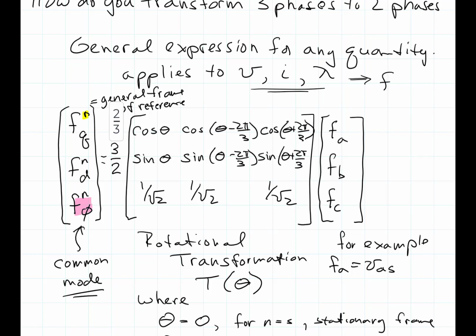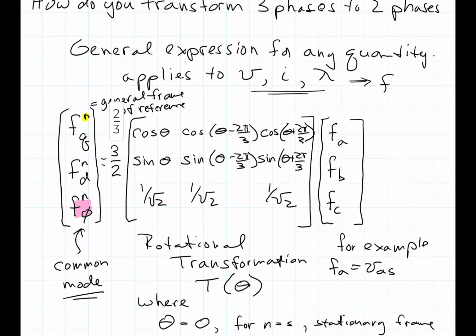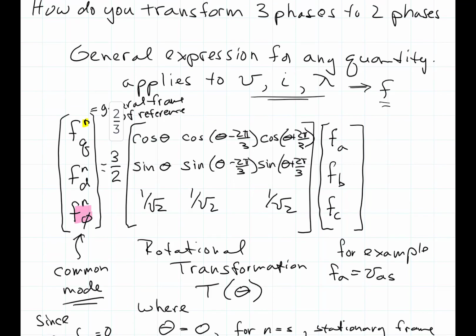But as we've already stated, in general, FA plus FB plus FC equals 0, there's no common mode, which means that f sub 0 would be 0. And that's what we'll be assuming, and is what we have to assume if we're going to go from 3